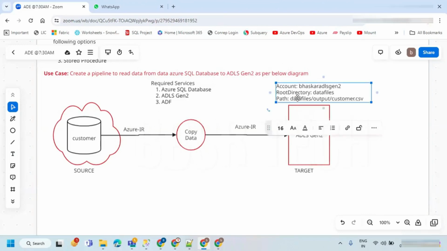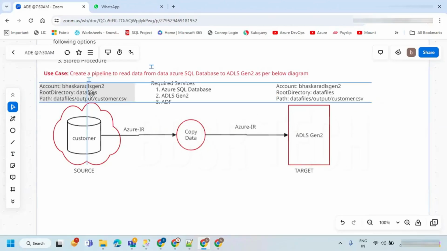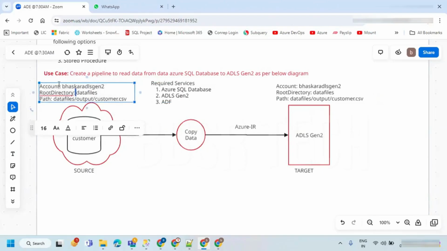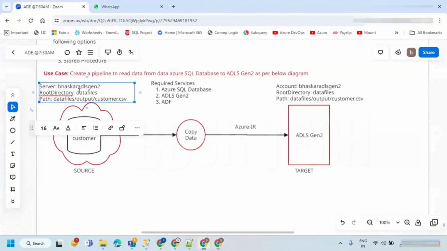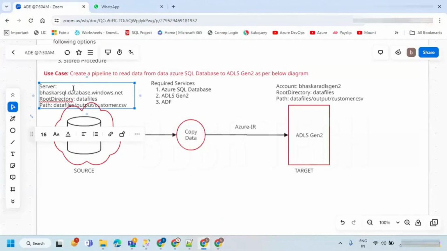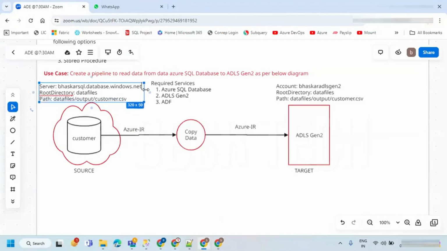And here, I want to give some details. The server name is, and the database is the source database.